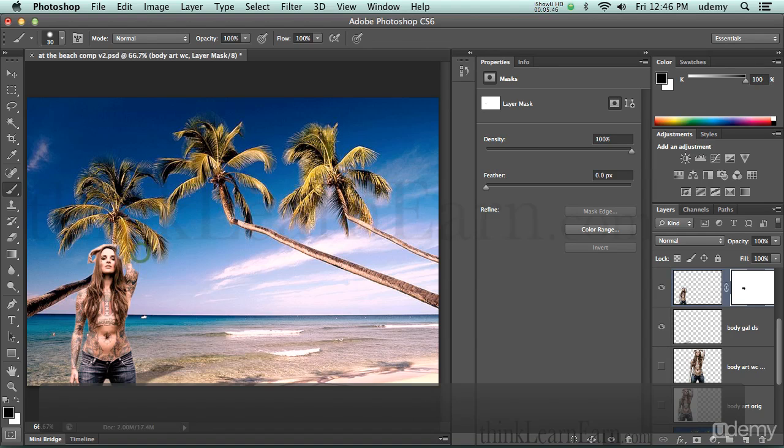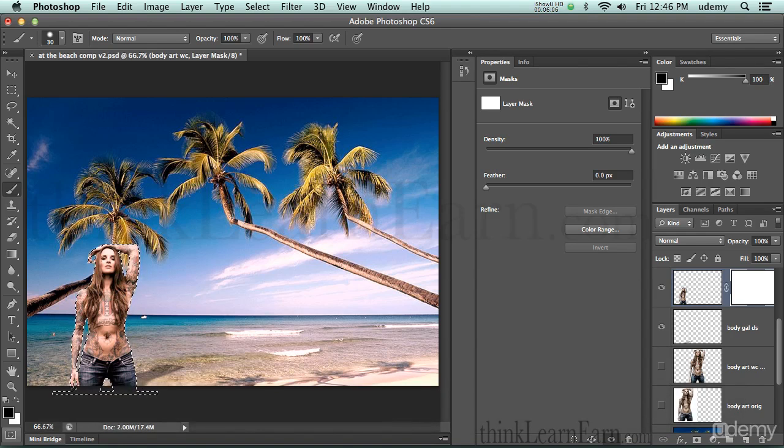Okay, now we still have a bit of a problem here because, again, Command Option Z. I do want to have this part of the arm here. Okay, I do want to have this part of the arm. So what we can do, again, Command H, even though she's selected, we just want to cover up this part